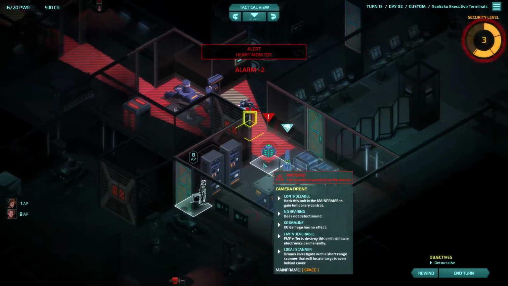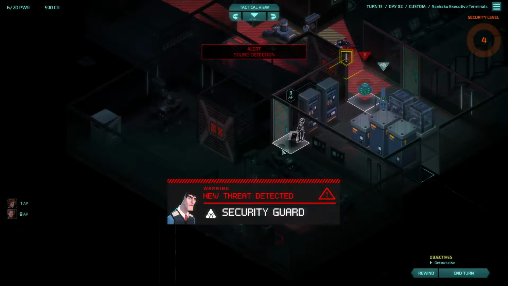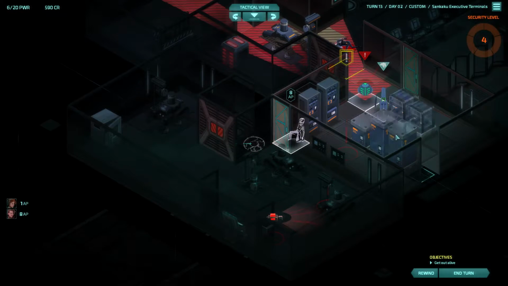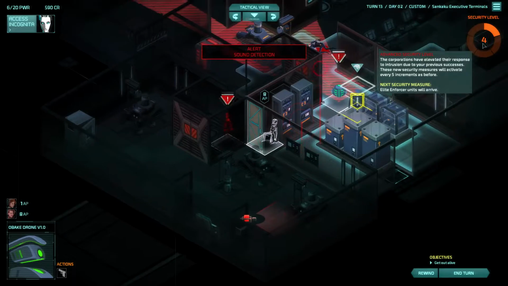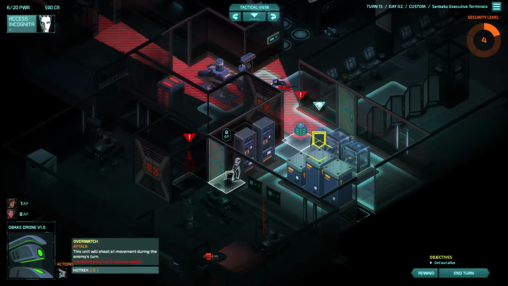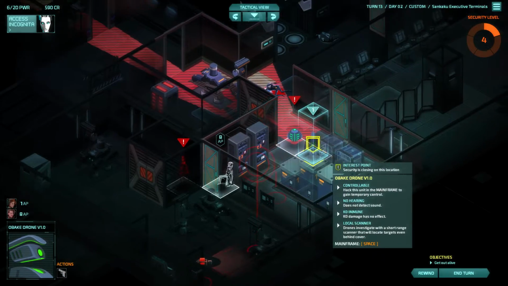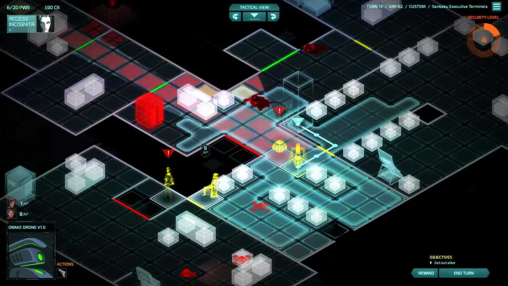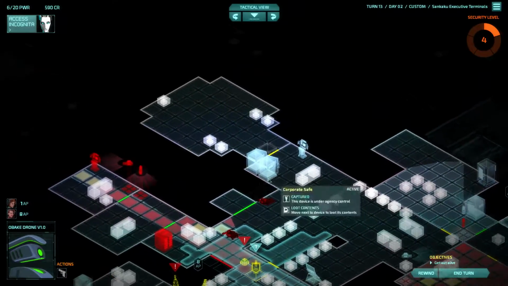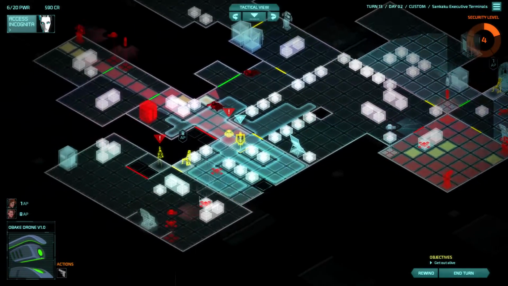Now this camera drone's gonna see it. And it's gonna go look at it. Oh my god, okay. Now alarm level 5. Drones only get 1 attack per turn, by the way. So I could not use this drone again to take down that camera. We've hacked all the safes, so like we really need to be getting out of here. But I want to use...